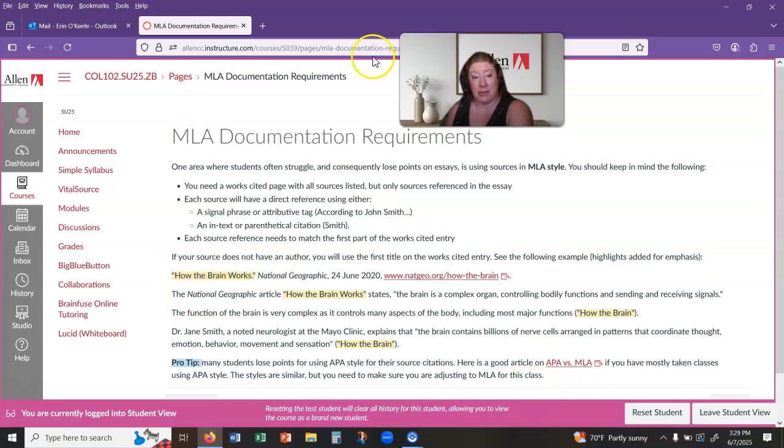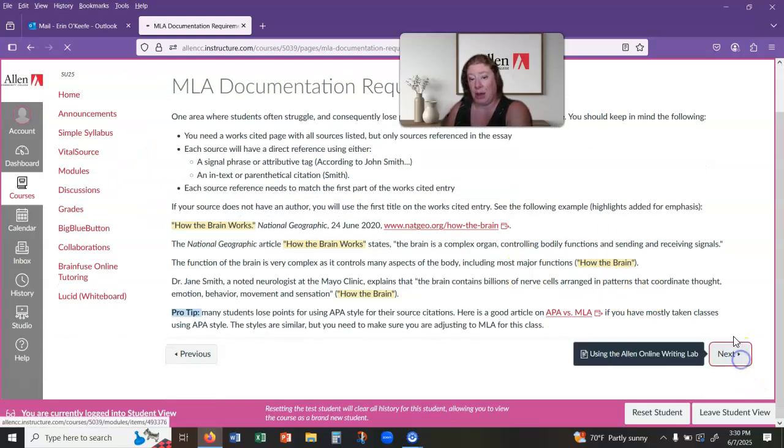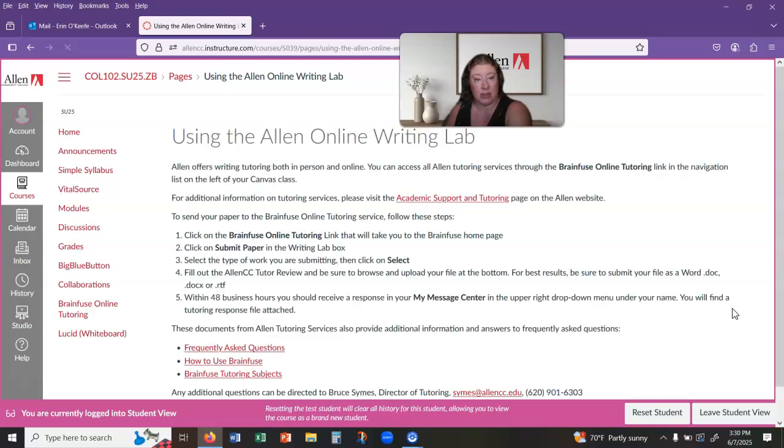And then I've got some other examples here, particularly if your source does not start with an author. I've got some examples for, this is what the works cited page would look like. This is what a sentence would look like in the couple of sentences. This is what it would look like in the essay, noting, of course, that I've highlighted just for emphasis, that you would keep using that same thing over and over again to reference the source. So that's just there to help you out a little bit. If you have questions, you can always send me an email.